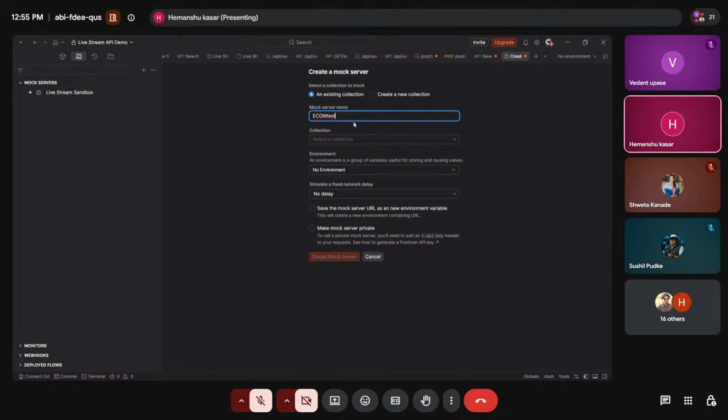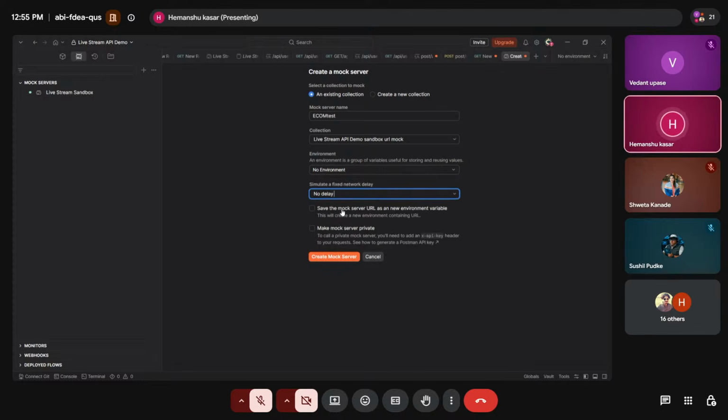Okay, the collection we have to select here. This particular collection we have to select. An environment is a group of variables. If you have created an environment, you can select that. But for dummy purposes, we have not created any environment till now. And similar to that, a fixed network delay we can adjust here.